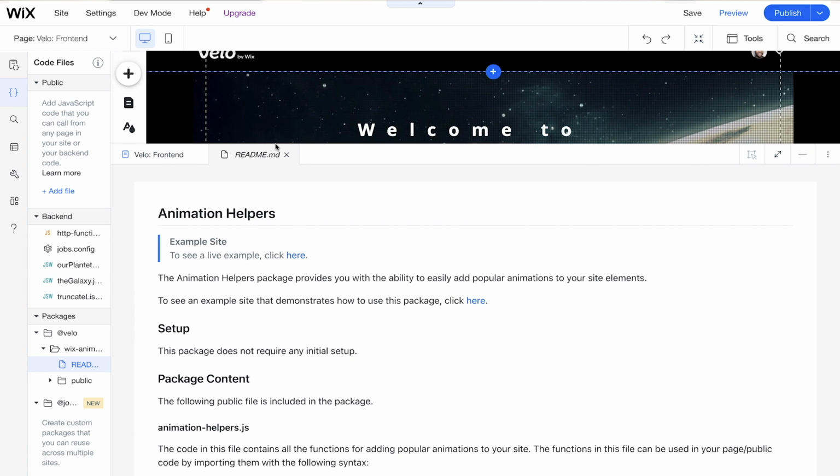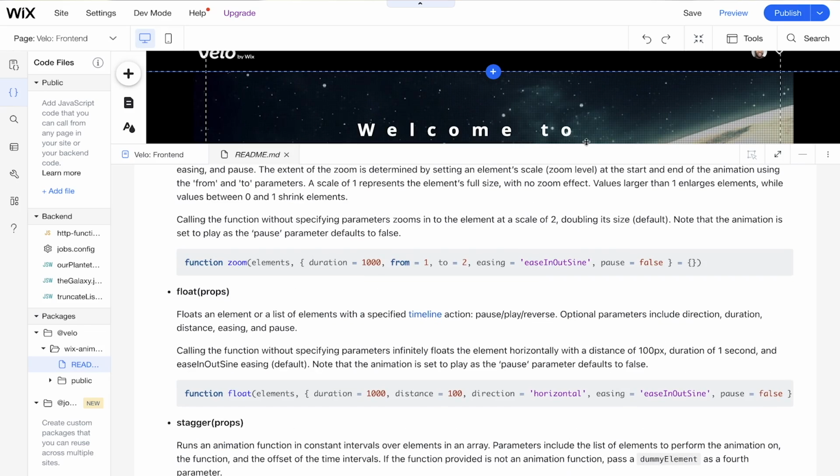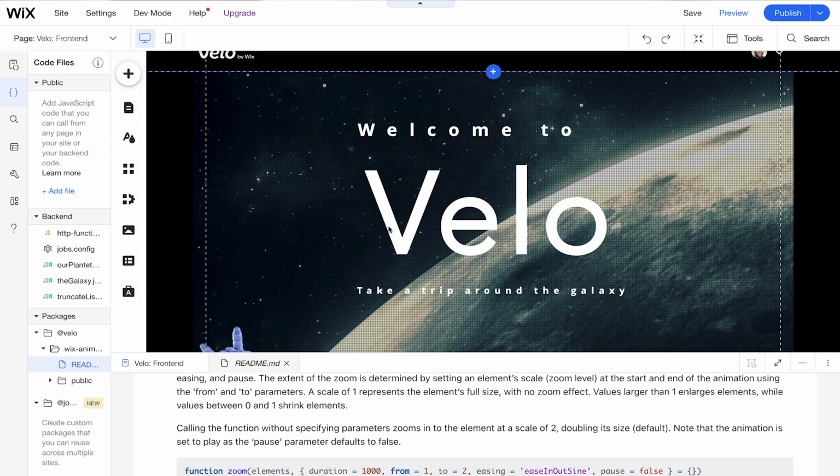add animations with JavaScript. In the README, it already gives me a breakdown of exactly how to use this tool, how to use the package, and then also I can start to add my own custom functionality to it as well. So the Velo packages are a great way for me to reuse code and get up and going anywhere. Either if it's this site, an existing page I had beforehand, or sites I have in the future that I'm creating. So let's scroll down because I think I want to make this Velo message text.